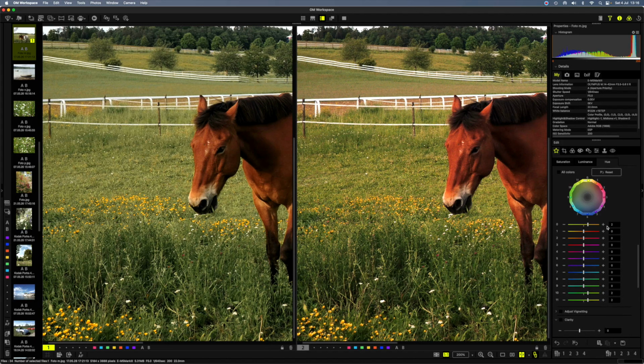I wonder if I up this one more, if it will help. Yeah, we still have some green here. I might have to take one step more in that direction there. Yeah, here you can see the change happening. It's not as much as here. What one can do is adjust the luminance on that green there, which will take me even a little bit closer. But we're getting closer now.